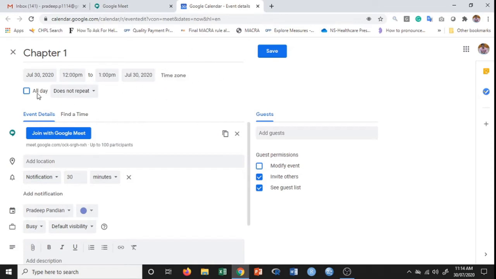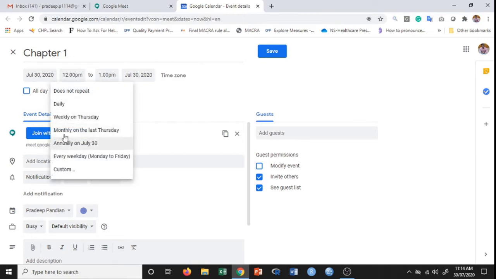And this is one important option that you need to look at. By simply clicking on this, you'll get a drop down. Say for example, today is Thursday, and on all Thursdays you have classes between 12 p.m. to 1 p.m. You can click on weekly on Thursday. So on all Thursdays, you need not schedule the meeting time and again. The same meeting would be sent to the students. And if every day you have classes between 12 to 1 p.m.